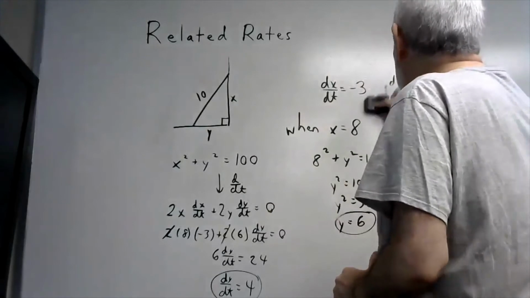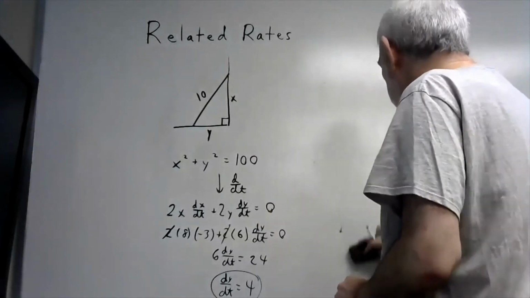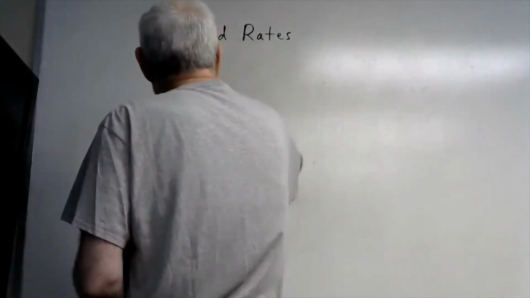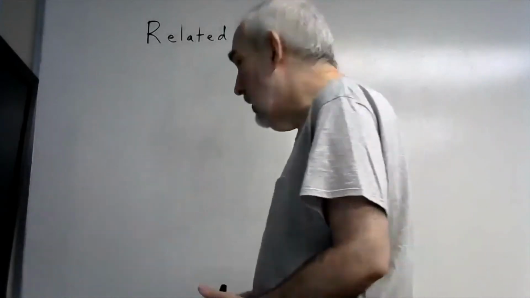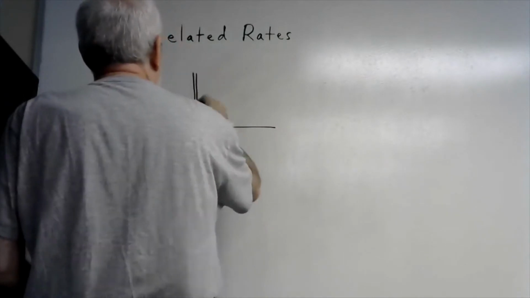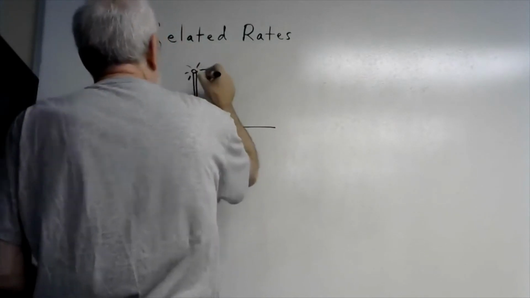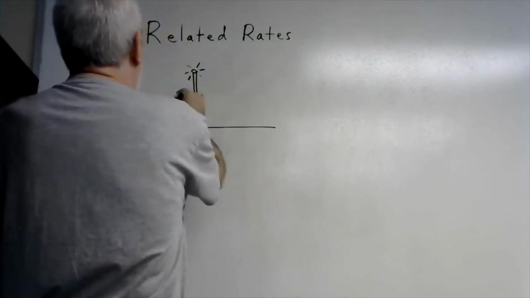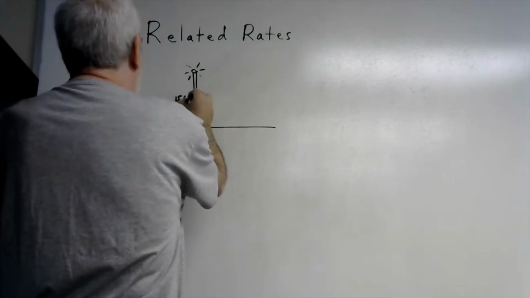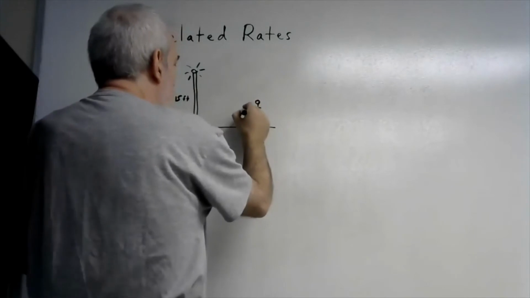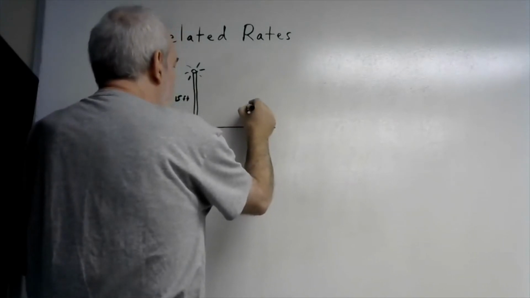Let's do another related rates problem. This one will also involve triangles, but it won't be a Pythagorean theorem problem. This is another really common problem, the one I'm about to give you. We have a lamp that is on top of a pole, like a street light, okay? Let's say the pole is 15 feet tall. We've got a man who is, let's say, 5 foot tall,